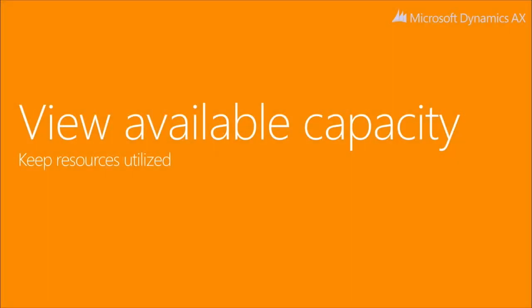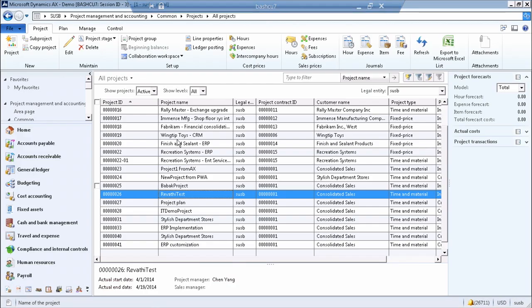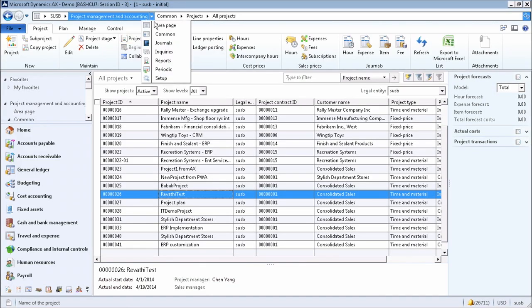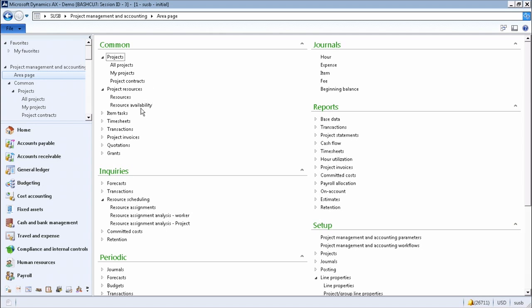Now I'm going to walk you through an example of how you can look at the available capacity in your organization all up and make sure that your resources are utilized. Let's jump right into an example. In Dynamics AX, I open up the resource availability view,